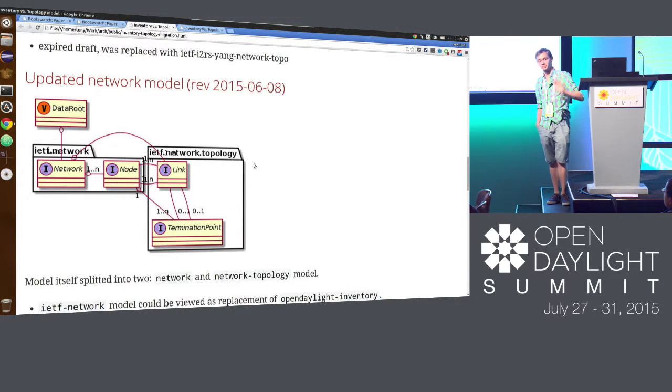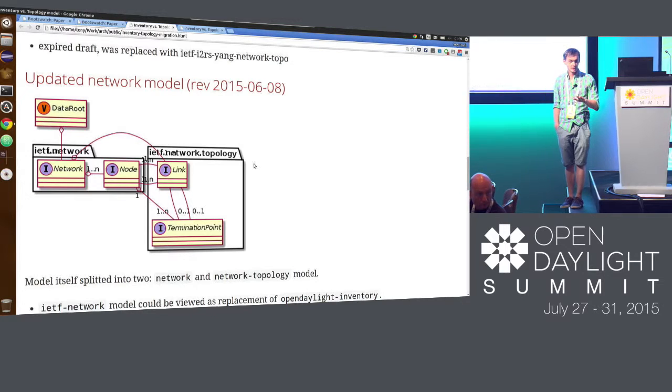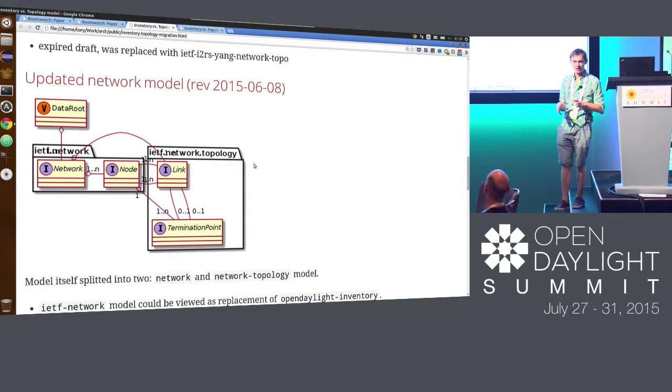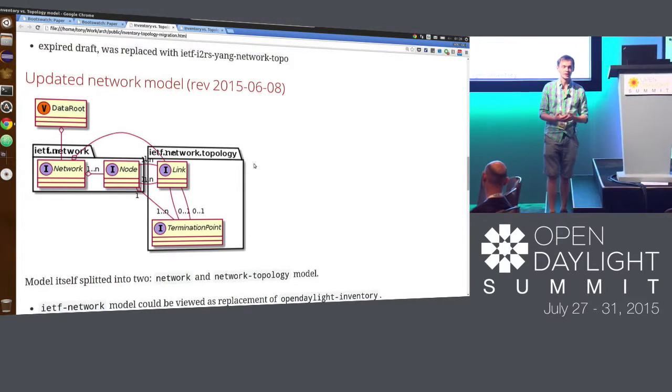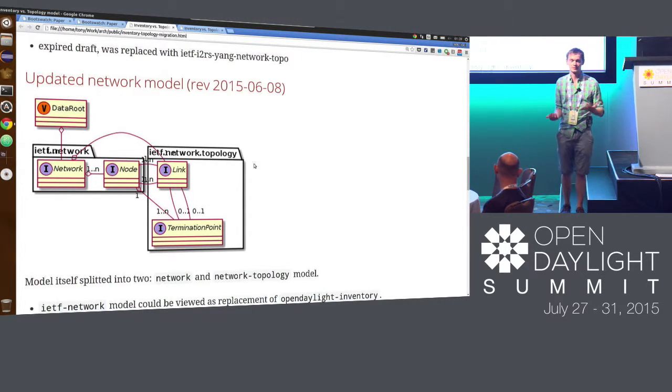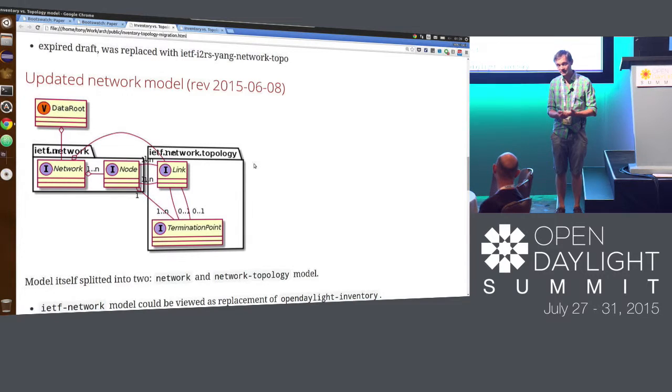That's not a question for me. That's a question for the projects if they want to follow that model. I'm here really just from the MDSAL controller perspective, which means I cannot mandate things. I can just advise them. And this is the decision for the project leads and for particular projects if they will export their data into the I2RS inventory model,